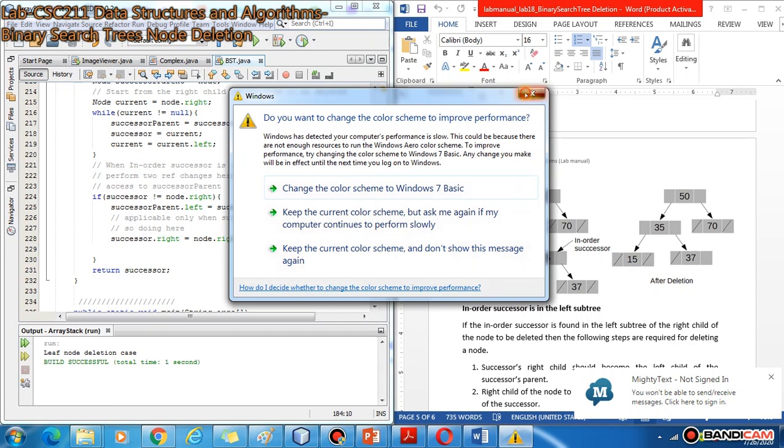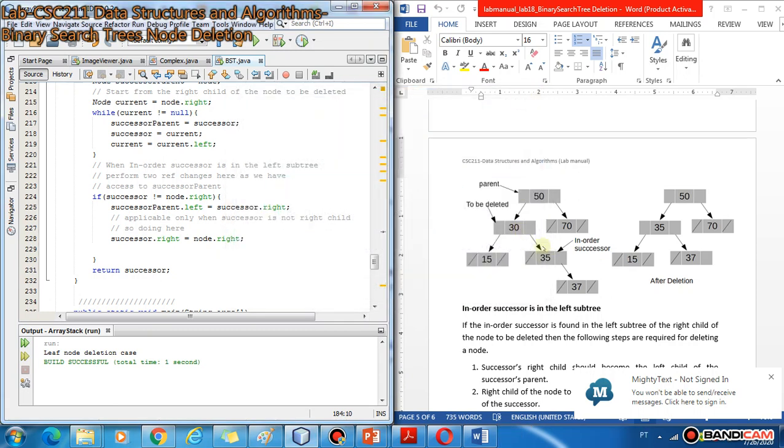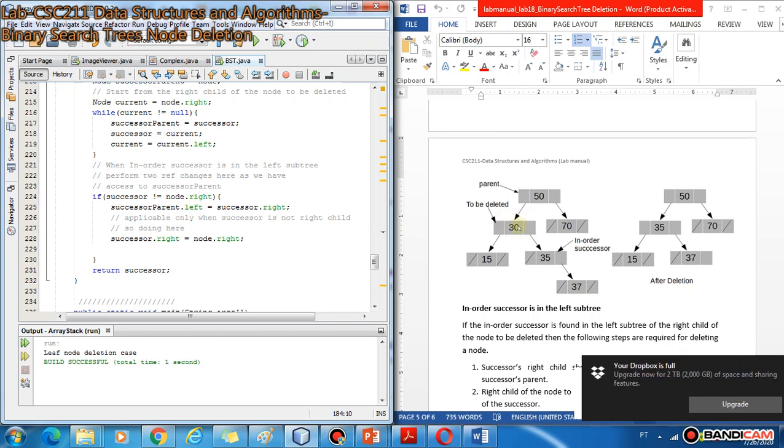You have to replace this 30 with 35, and then the parent of the node to be deleted, 50, depending upon whether the node to be deleted is the left or right child of its parent.